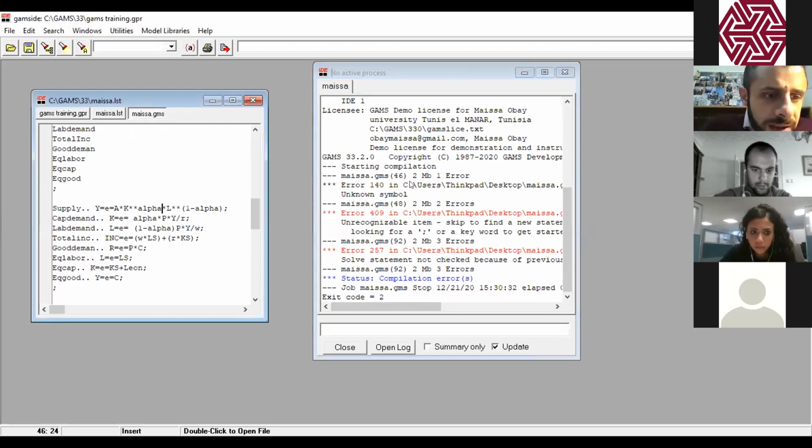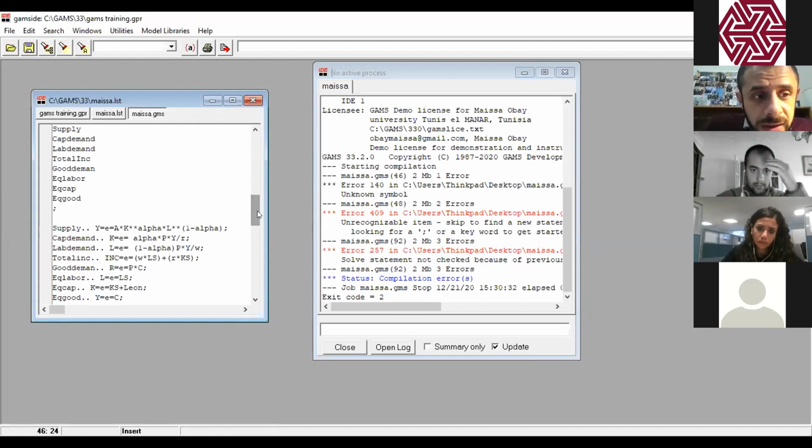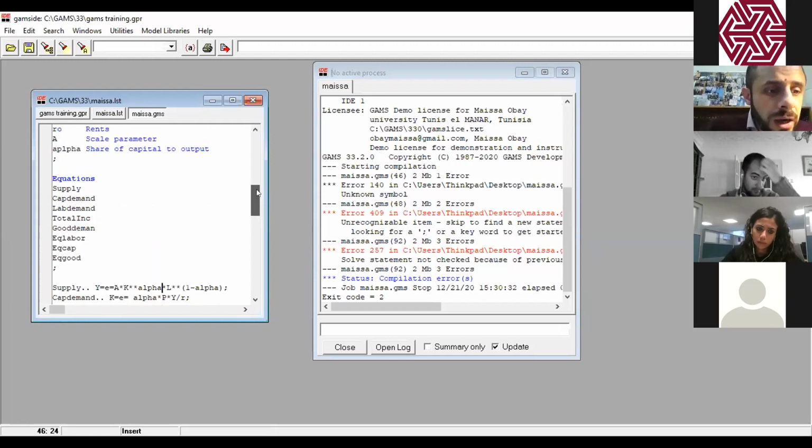So here we have Y is equal to A multiplied by K to the power alpha multiplied by L to the power 1 minus alpha. And the comment that we have here is an unknown symbol. So there is a variable that was not declared in GAMS, and we have to check whether the parameter alpha was declared. So you have to check upstairs.